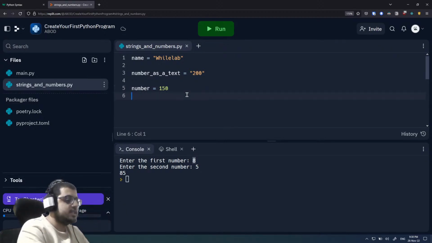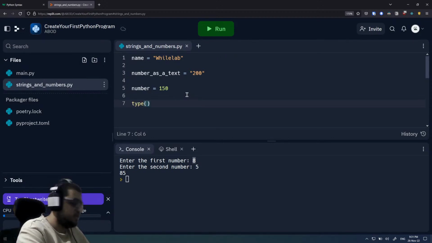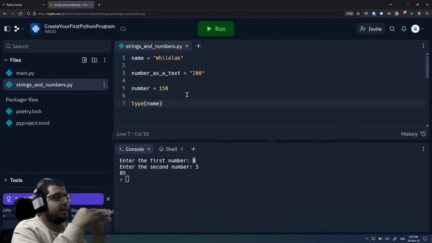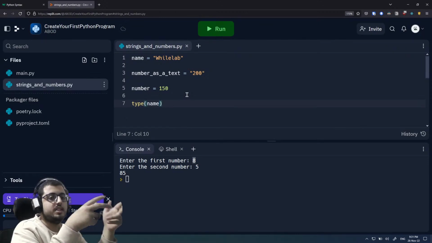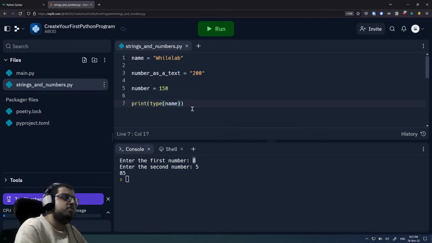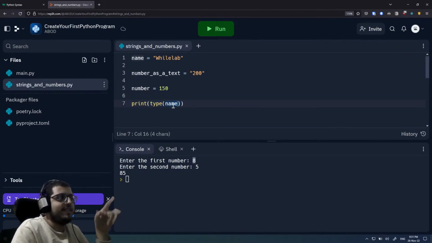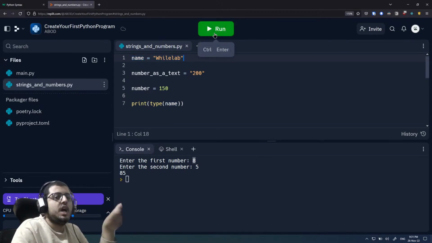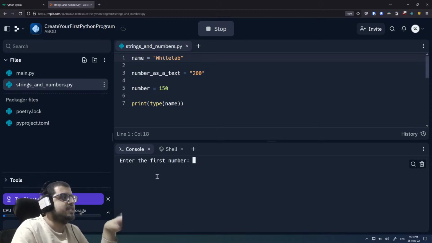You can get the type of a variable by using the type function. If I use the type function with the name, it will not print anything if I run it, because I need to print the result of the type. This print function is very powerful and you will be using it a lot. So now we want to print the type of the variable name, not the variable itself, we just want the type. Now if we run this, it should give us